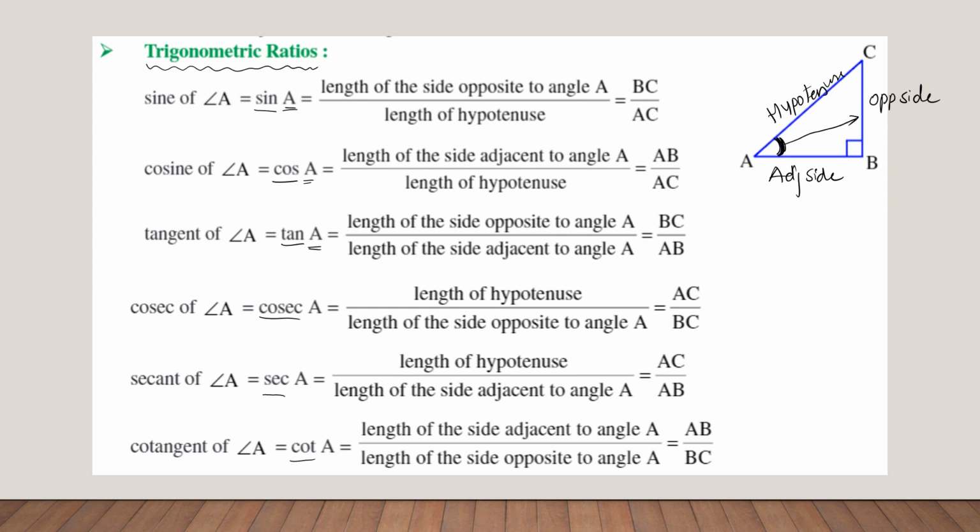So the sine definition is opposite side to the given angle by hypotenuse. Cosine means adjacent side to the given angle by hypotenuse. Next, tangent means side opposite to the given angle by side adjacent to the given angle. When the angle changes, their corresponding opposite and adjacent sides change, but the hypotenuse will remain the same because it is for the same given triangle, right? So from this, all these things we can simply remember. These are nothing but the 6 definitions, and you need to remember these definitions at any cost, right?